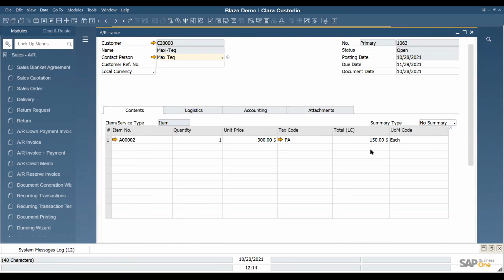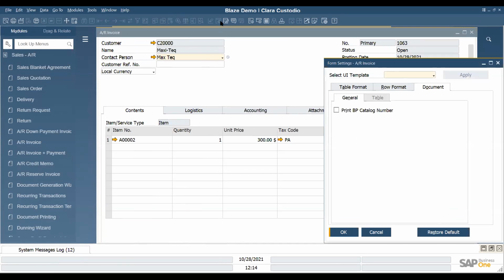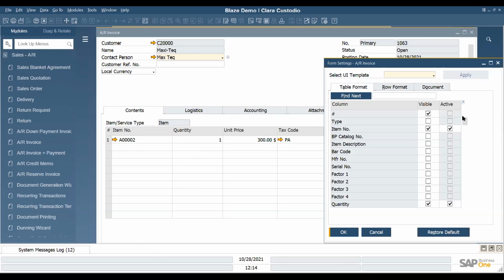Fortunately, I was surrounded by SAP consultants, and they showed me that when I click on form settings and click on table format, I discovered that I did have a discount field that was not showing on my form settings.